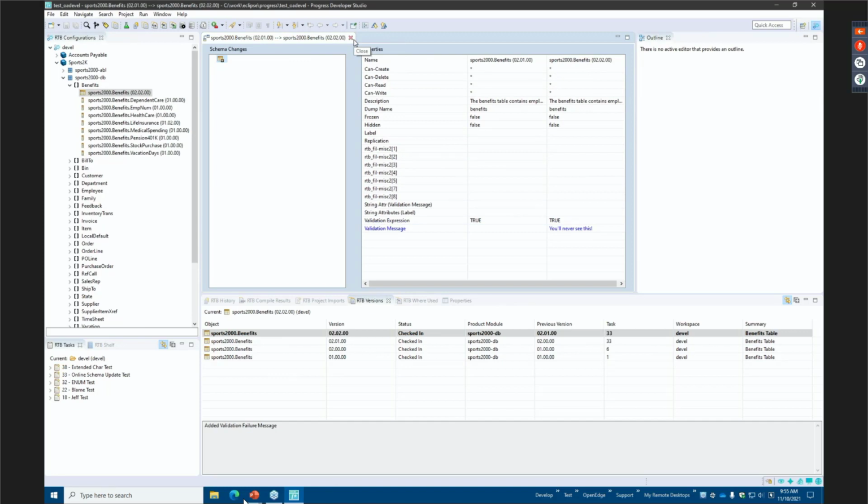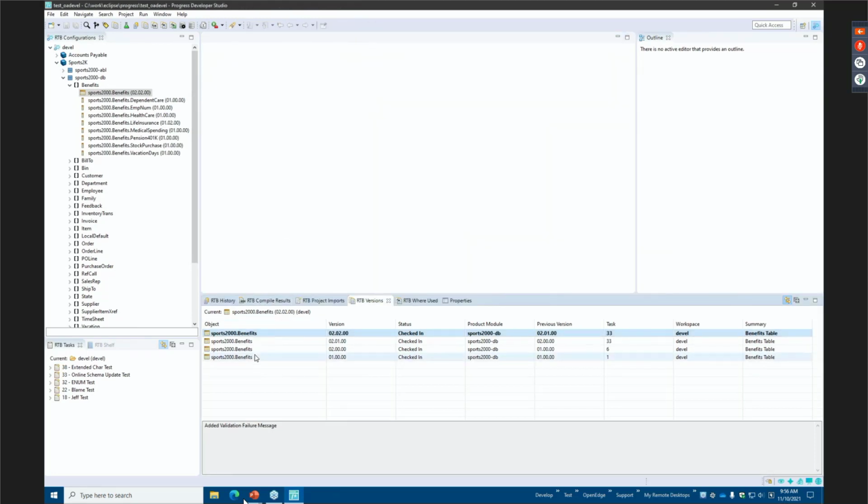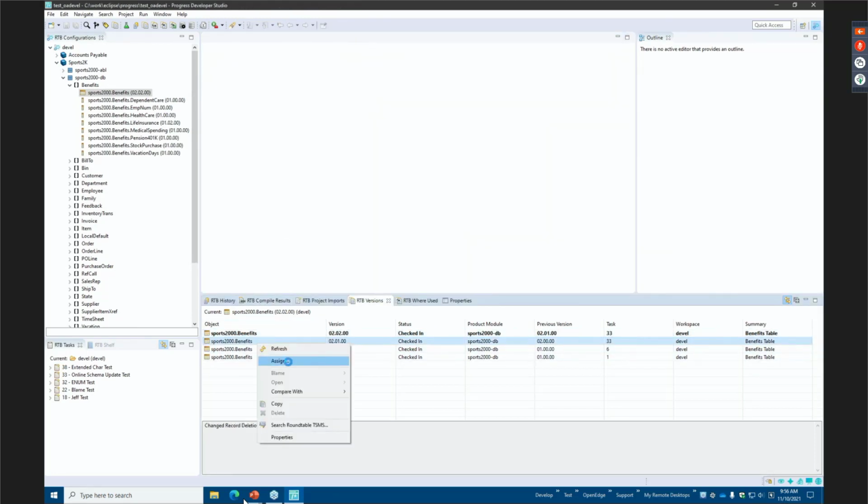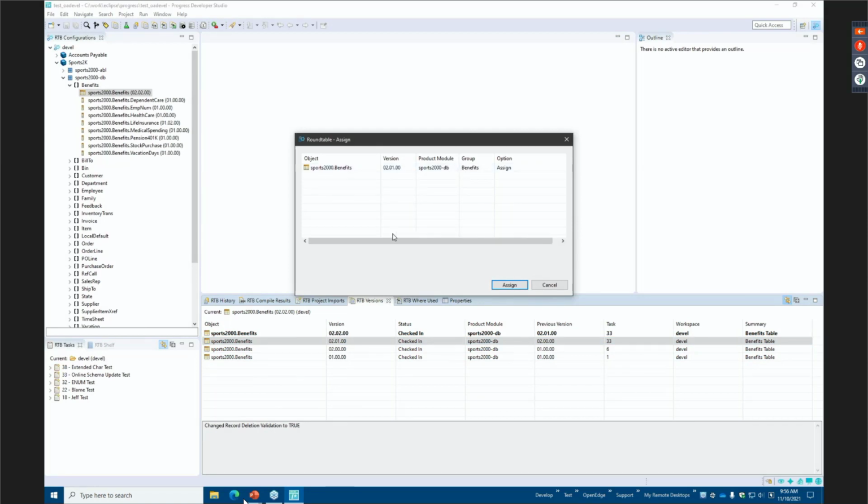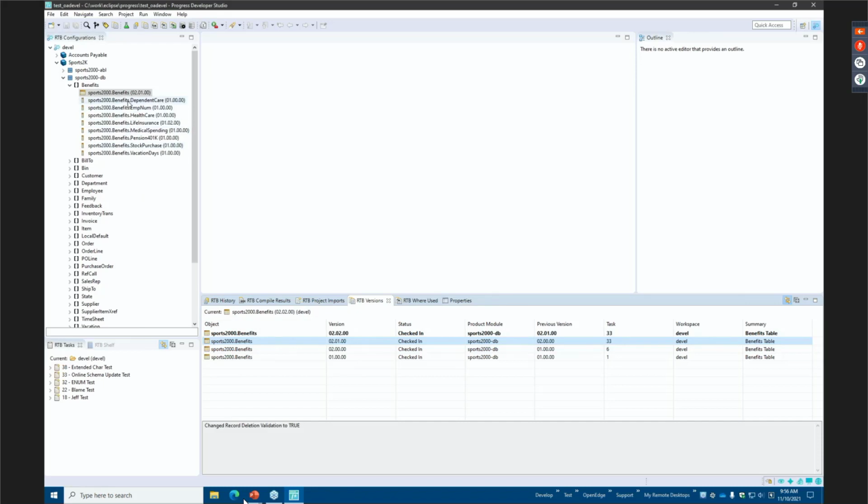Well, if I didn't have any kind of schema management, I would have to check out the table, or I'll have to go out to the DF, change the table, and create another DF, and so forth. So I don't want to have to do that. When you have a tool like this, I can just assign back this prior version, the one that was correct. So that prior version now has been assigned back. Now let's see what the other issue was.